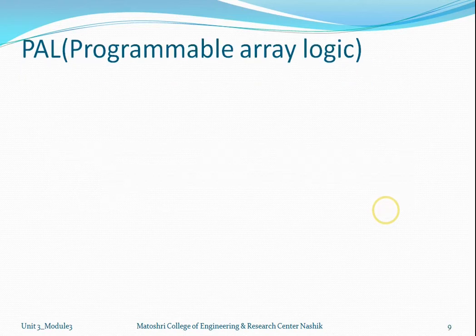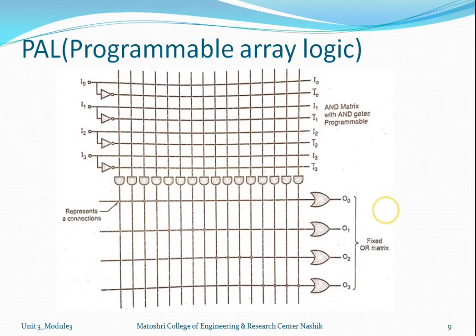Now let's look at the block diagram of this programmable array logic in detail, in which you can see that first 4 NOT gates are connected, and these horizontal lines,